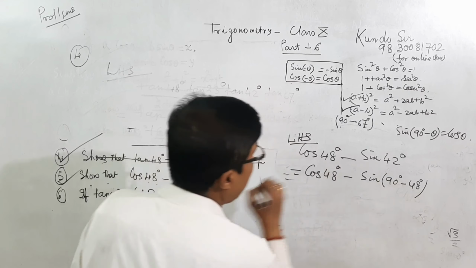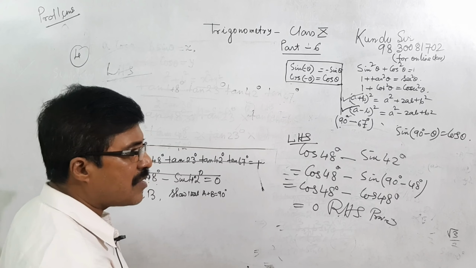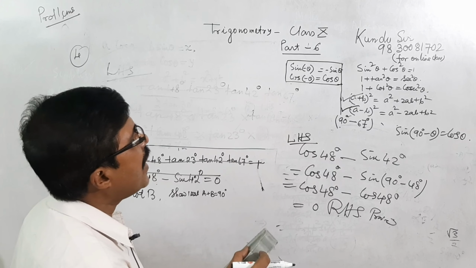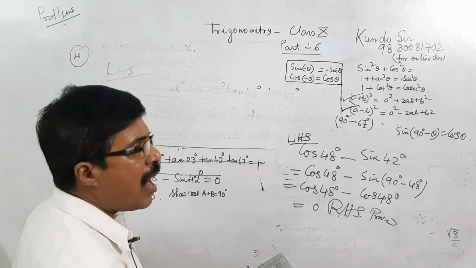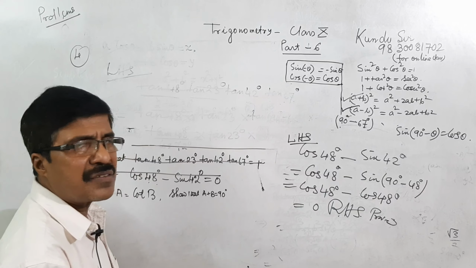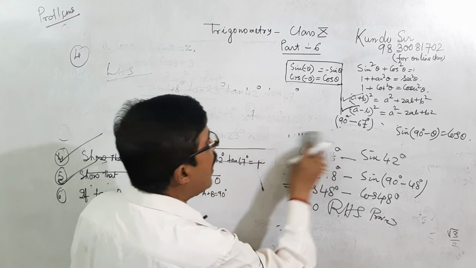Now 5 is over. Now it is the last problem for this class. Then in the next class it will be part 7 of the trigonometry, more interesting sums. I will give more collection to 6 and 7. From 8th onward or 9th onward, I will do height and distance, the most important and most interesting part of trigonometry.